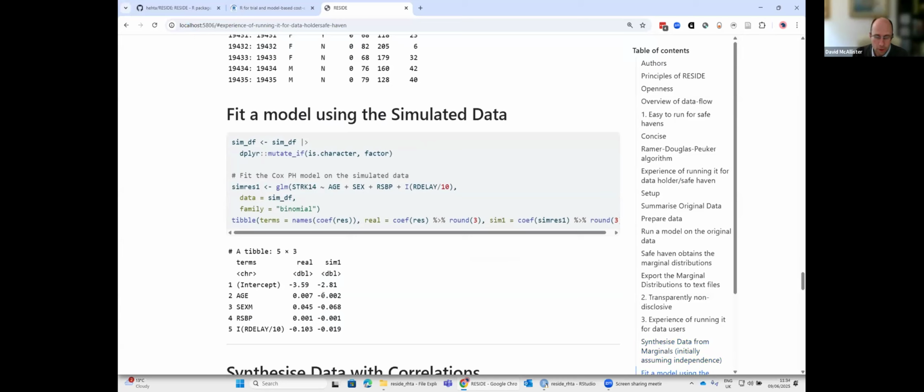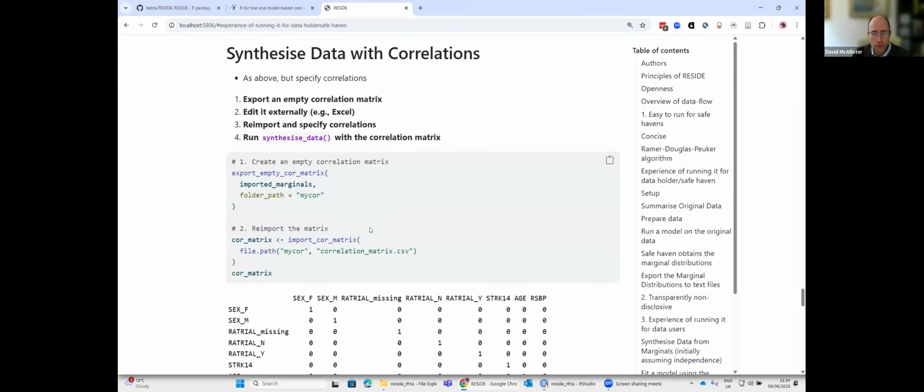Unsurprisingly, the coefficients that you get out are different because you've assumed independence between the variables. But it shows you that you can at least run the model on the simulated data and get a sense of it. However, RESIDE also allows you to synthesize data with correlations between the variables. Now, the correlations have to come from your knowledge or your hypothesis about what the correlations would be. But if you are a researcher, for example, with a hypothesis, then you should hopefully be able to hypothesize the relationship between those variables that you want to find out about to see whether it's worth you getting this data